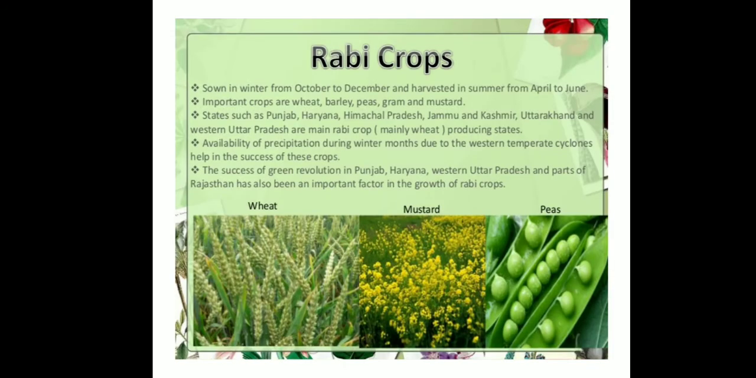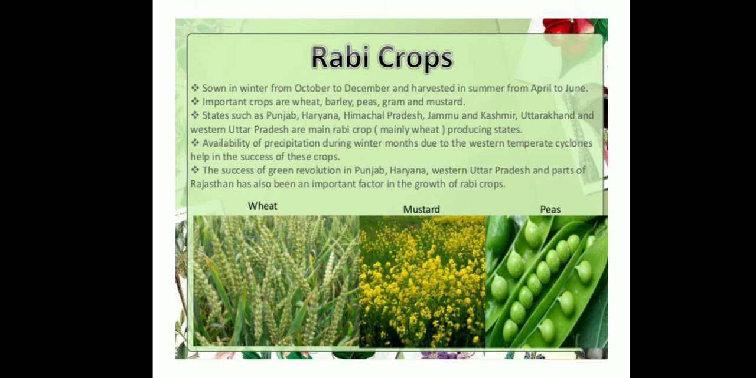First, Rabi crops, sown in winter from October to December and harvested in summer from April to June. That means these crops are sown in winter season and harvested in summer season. Some important crops are wheat, barley, peas, gram, and mustard. States which grow these crops are Punjab, Haryana, Himachal Pradesh, Jammu and Kashmir, Uttarakhand, and Western Uttar Pradesh, where main